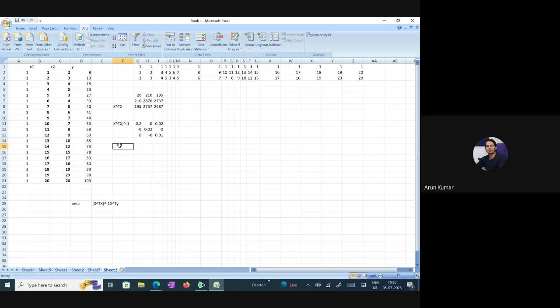So you have to get x transpose y. What is the dimension of x transpose y? x transpose has a dimension of 3 rows by 20 columns, and y has a dimension of 20 rows, 1 column. So this will have a dimension of 3 rows and 1 column. So you have to select like this, 3 rows, 1 column, and then you put again